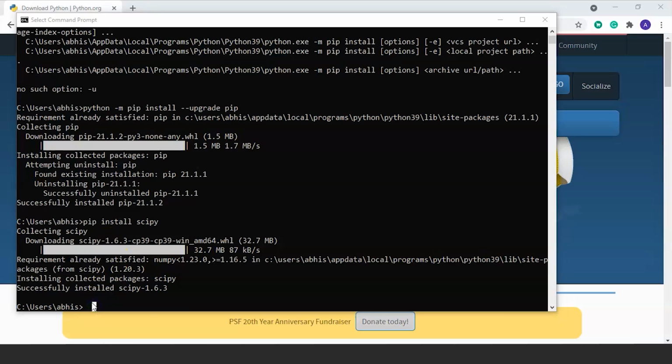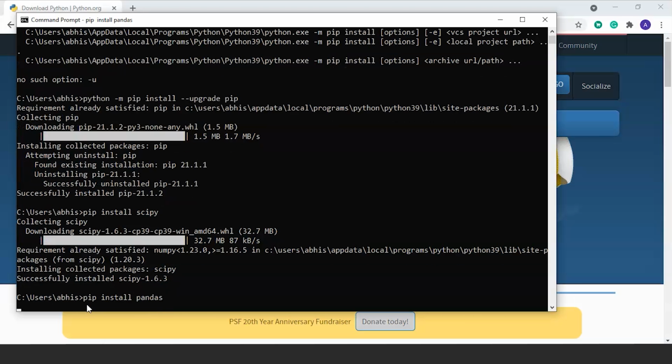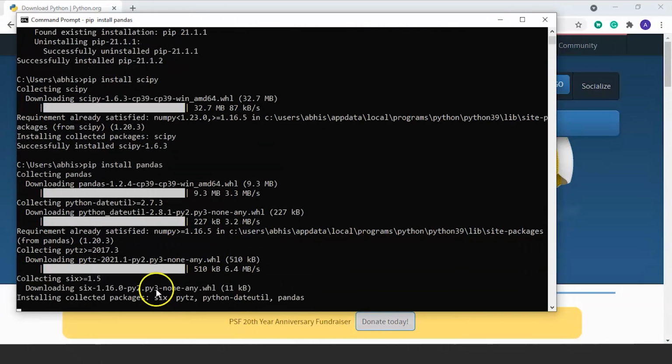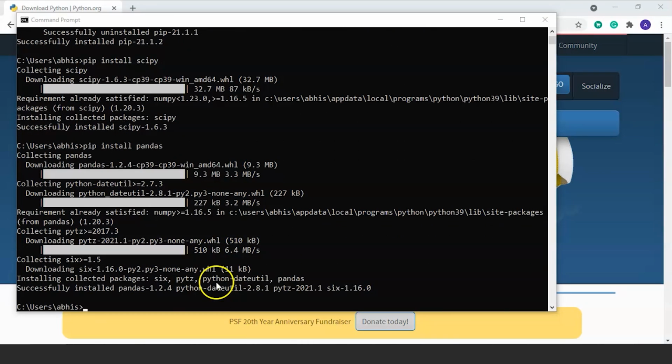Now we will download and install pandas library. For that we will write the command pip install pandas and press enter. This will also install depending on your internet speed. We can see that the pandas library has been successfully installed. Now we are left with matplotlib library.